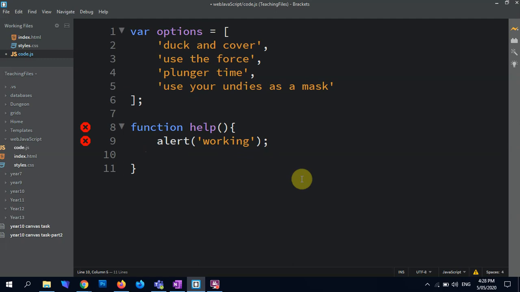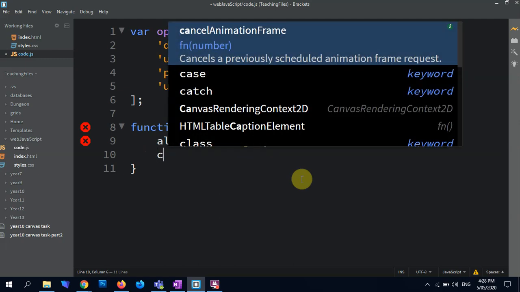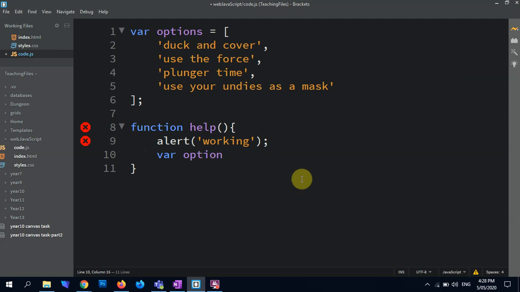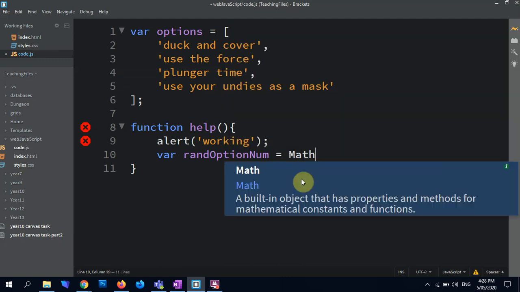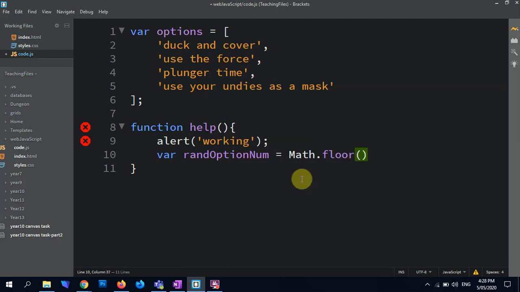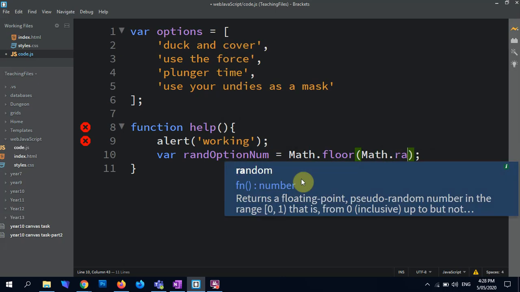So I'll go var option num equals, actually it should be random option, sorry, because we're getting the random option. So var rand option num equals, you're gonna go Math.floor, Math.random, times by, and then essentially you just go 9, and it will basically get a number from 0 to 9,